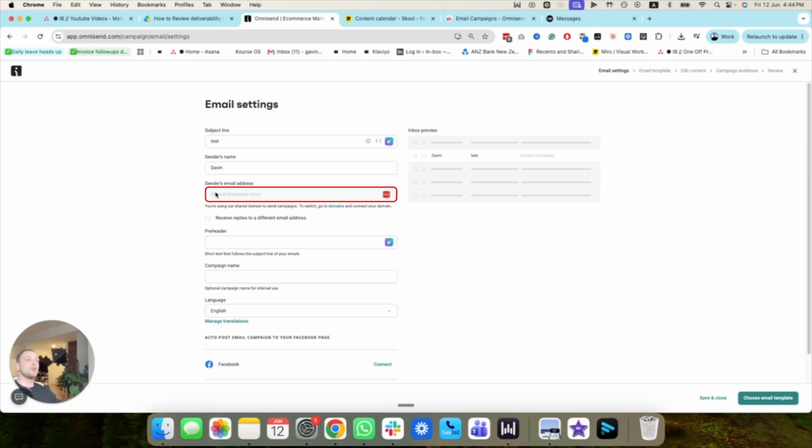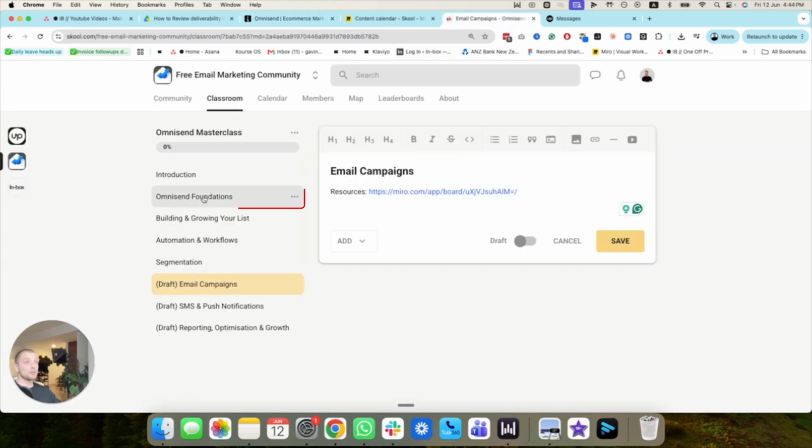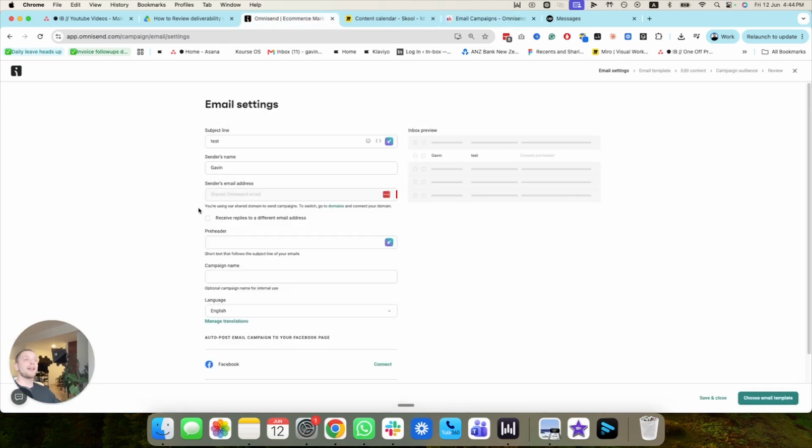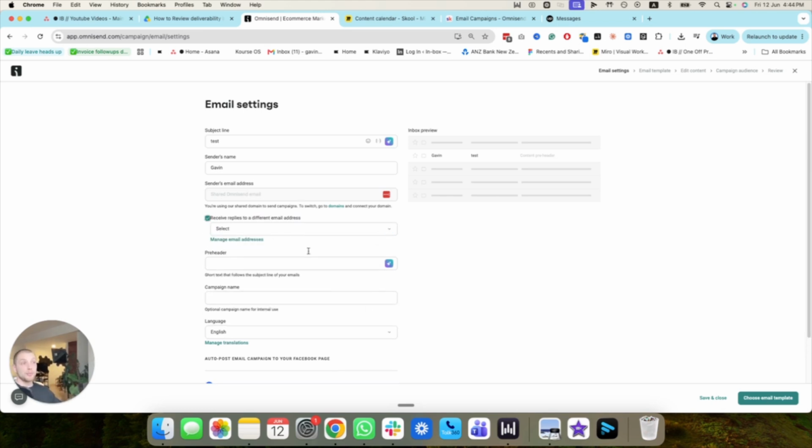And you can decide what email you want to send it from, either the shared Omnisend email or your dedicated sending domain. Now, if you remember, in our previous module here, in Omnisend Foundations, we went over how to set up your domain name. Watch that video if you haven't already done that, and then you can select a different email. Now, receive replies to a different email address. If you send an email and you tick this, and then someone replies, you can select one of the emails